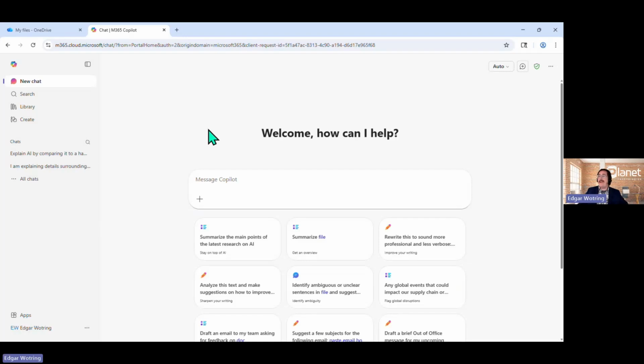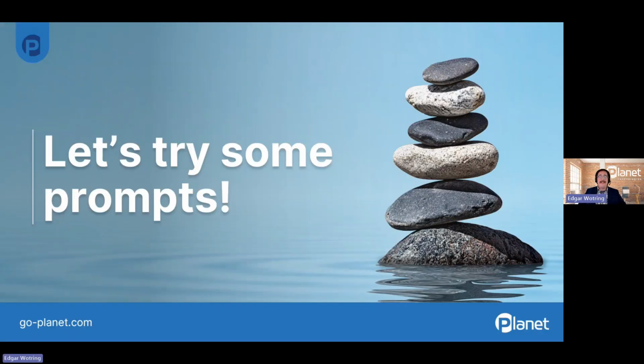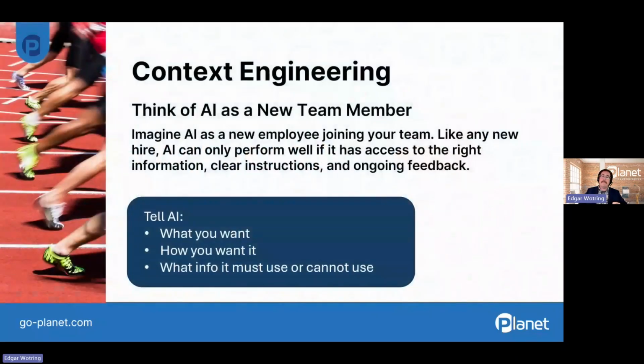All right, we're just kind of scratching the surface here as it relates to Copilot and our prompting experience, but let's dive a little deeper though. Let's talk a little bit more about what a good prompt looks like, based upon what we're trying to achieve here. As we're beginning that conversation with Microsoft Copilot, it doesn't know our style, it's unaware of our goals or our situation unless we inform it. And this is why we consider context a critical part of our prompting process and what we're calling context engineering.